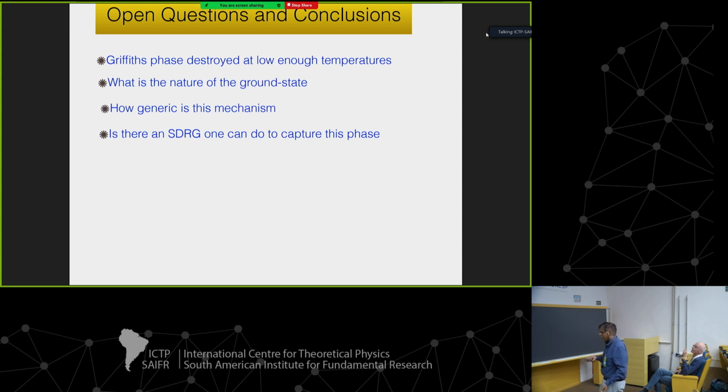The question that I have is, is there a better way that one could capture this sort of smearing, or this sort of cutoff of the quantum Griffiths phase, by doing a real proper SDRG, by keeping in the long-range interactions in play? I don't know. Okay, so in the last minute or so,